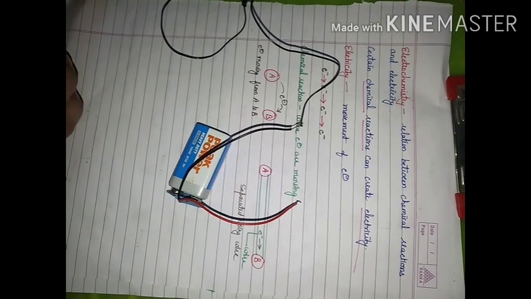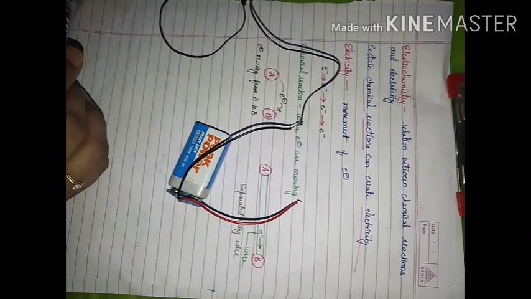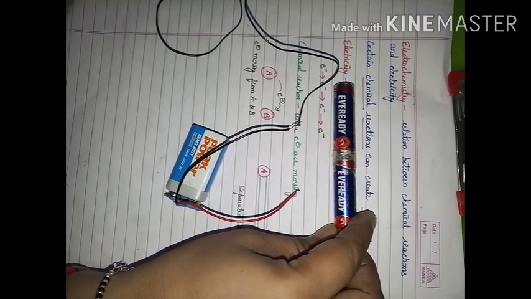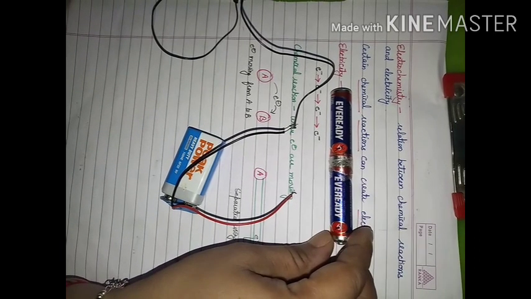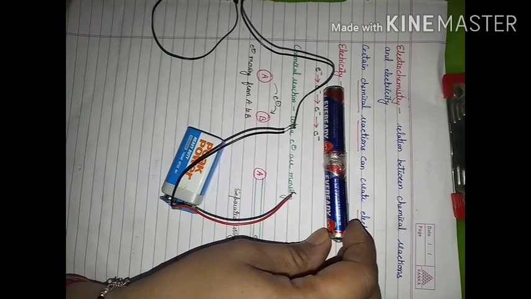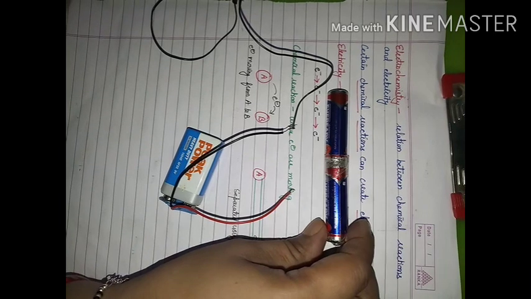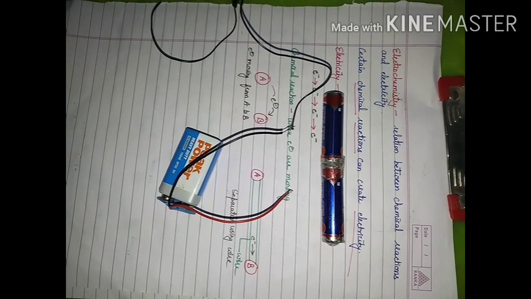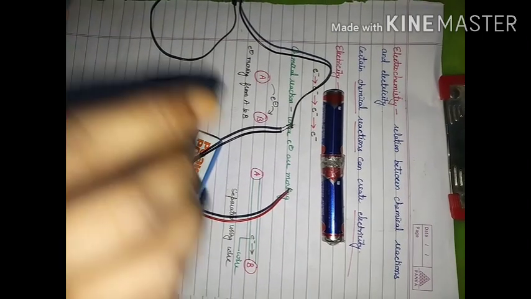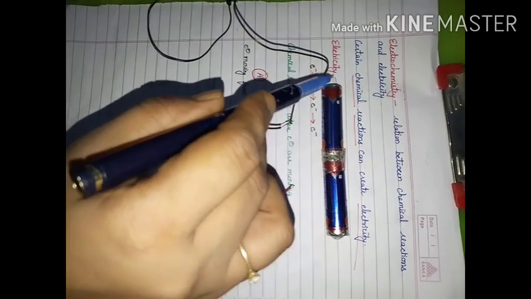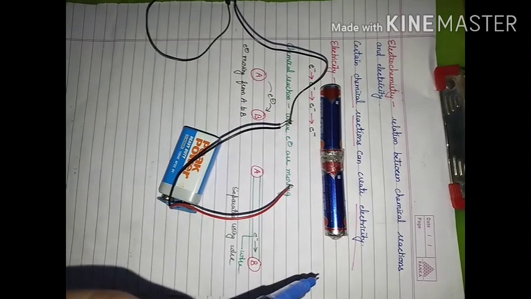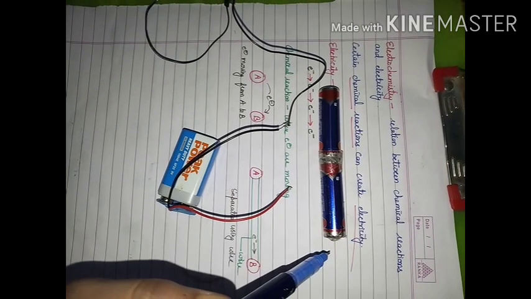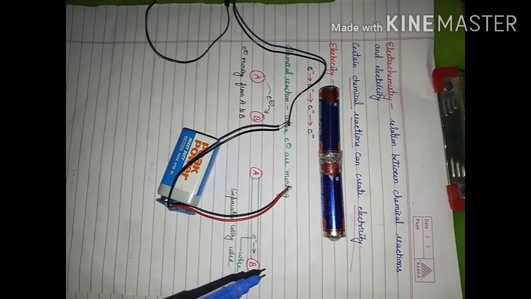Before starting today's video, let me ask a question. What is this? Obviously your answer will be this is a combination of dry cells, and this is known as a battery. And what is the function of this combination? If I connect a bulb across its positive terminal and negative terminal, then that bulb will glow. It means current is flowing. Current is flowing means electrons are flowing.